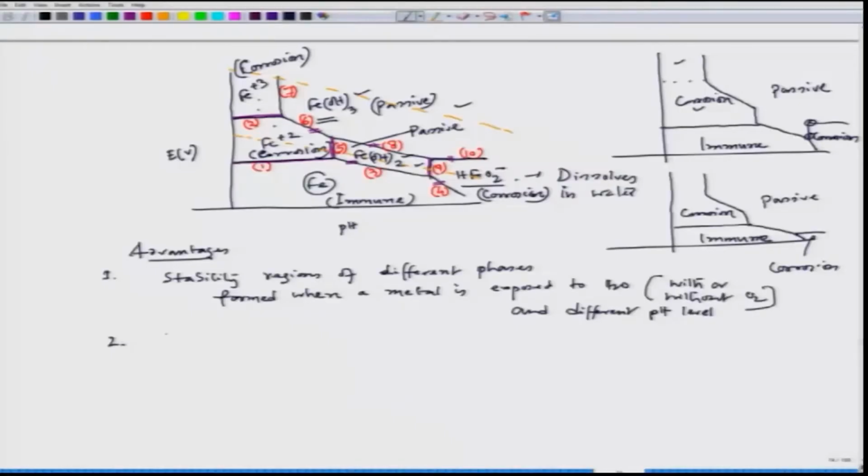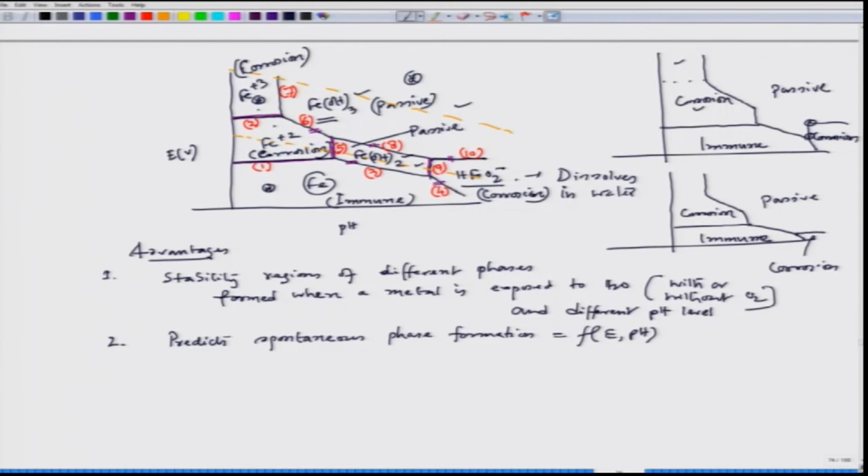Second part, it somehow predicts spontaneous phase formation as a function of E and pH. Definitely it can predict. For example, if I am here, it will be iron. If I am here, it will be Fe plus, here it will be FeOH3. That way we can decide what could be the spontaneous phase when a metal is exposed to the water